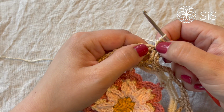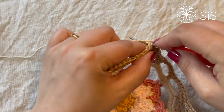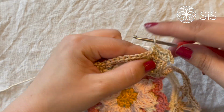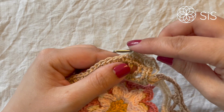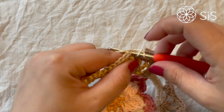And then we're skipping the next stitch, which is the single crochet, and working 1 half double crochet in the next 6 stitches. So 1, 2, 3, 4, 5, and 6,